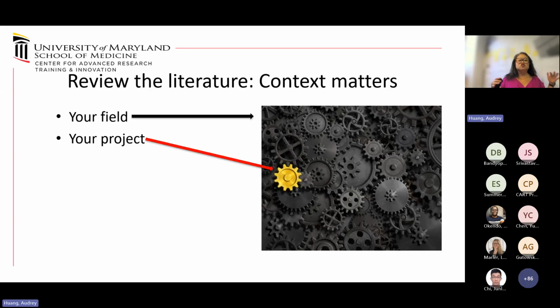Now, you don't have to be exhaustive about all the other cogs. Part of good grantsmanship is knowing which cogs you need to refer to, no matter whether they're proximal or distant, to make your point that your research will be significant and innovative. Right. And that comes with understanding what has been done in the past in the field and what's going on maybe in other fields, related fields, and being able to parse out how your work fits into that greater picture.